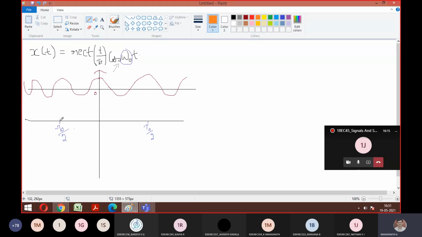So this is a rectangular pulse. This is your rectangular t by T naught. So the second concept is the rectangular part, and the first part we wrote with respect to the cosine part. Any doubts, anyone? We have just sketched the individual things which you already learned. Now what exactly we want is our x of t. So how to do the multiplication? You should tell me what type of signal I'm going to get here.